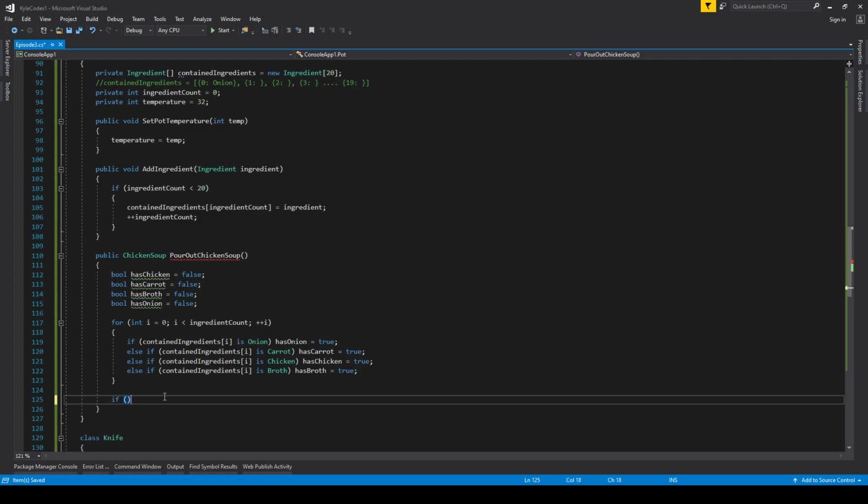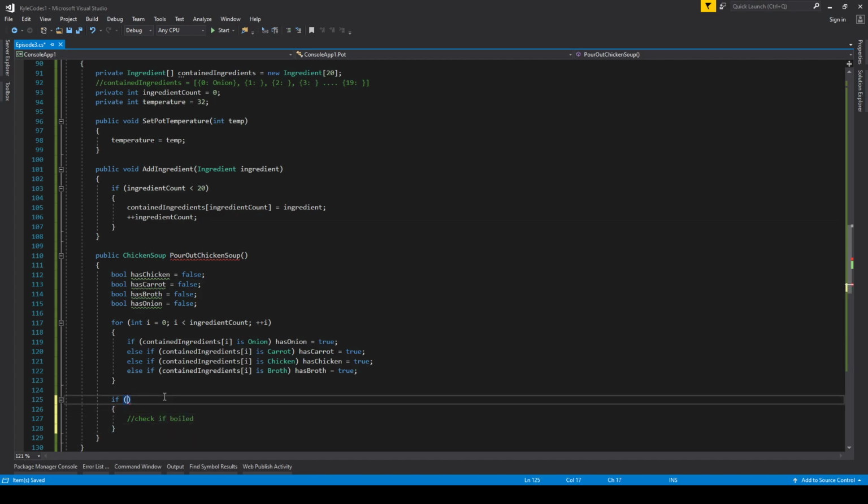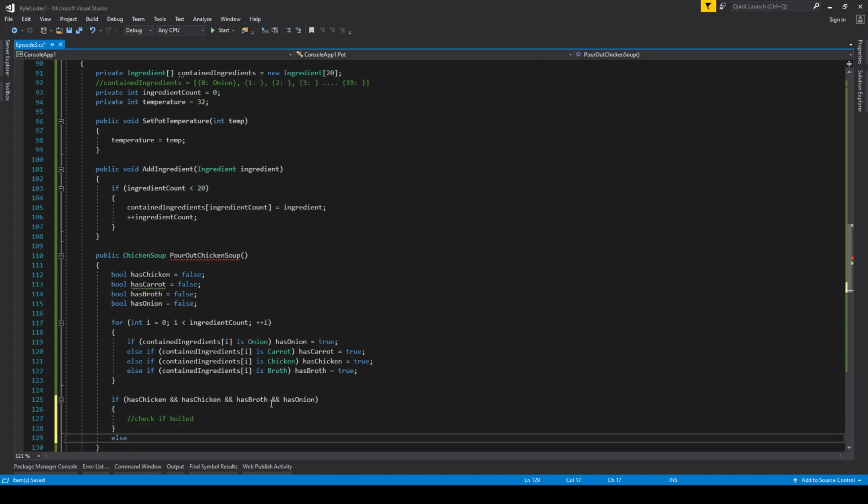Okay, now here we're going to only continue to check if it's boiled if it has all the ingredients. Has chicken, and has carrot, and that's what these are. If you did not know that, that means and. And this is a bool value. You have to and them together. And it has broth, and it has an onion. Then we check if it's boiled. But if it does not have one of those,